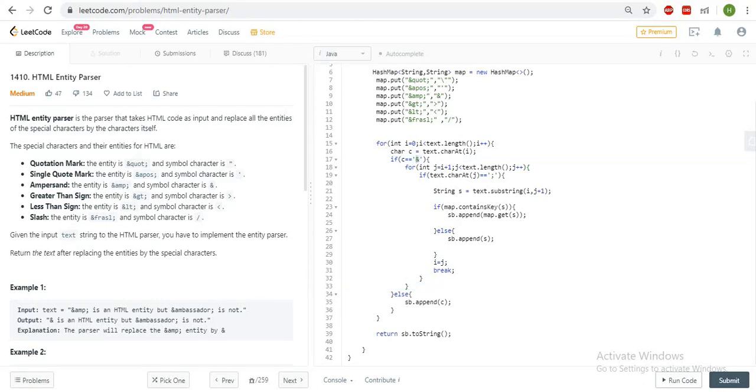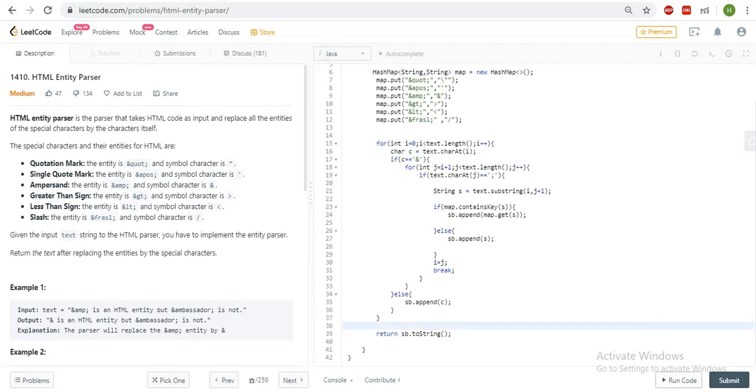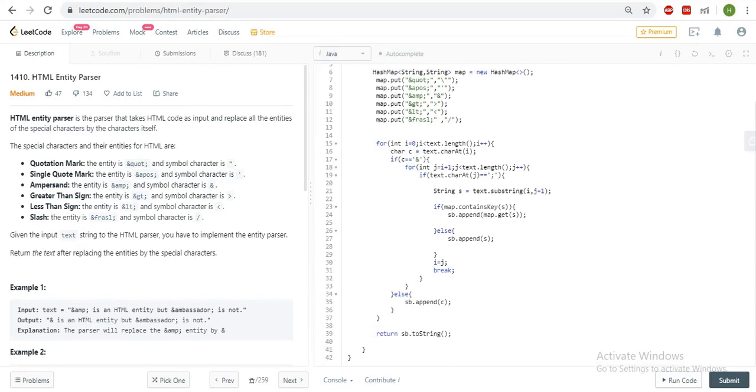If I did not get any ampersand or semicolon, then I'm simply adding the character to the output string. And after that, I am just calling toString, so that I can get the resultant string. The return type is a string, so that's why we have converted to string. So this is a normal linear time complexity, and we can solve this problem like this, right? Or we have, in the string class, functions like replaceAll, so that also we can use. That is a simple thing.